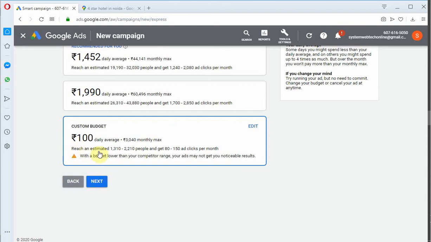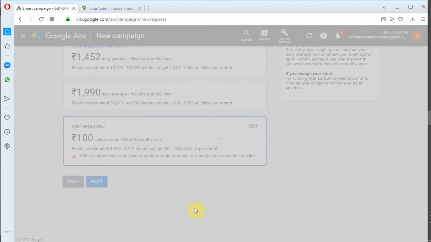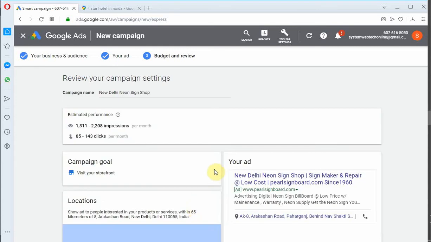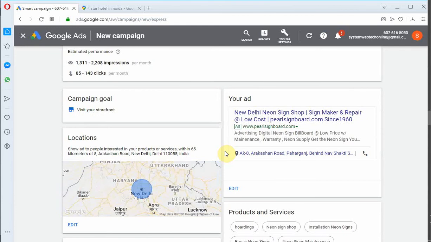It was also showing you the reach. 80 to 150 ad clicks per month you will get. So it seems to me very useful. So let's try it. Now it's giving you the review of your campaign settings, right? It shows the address along with our ad.